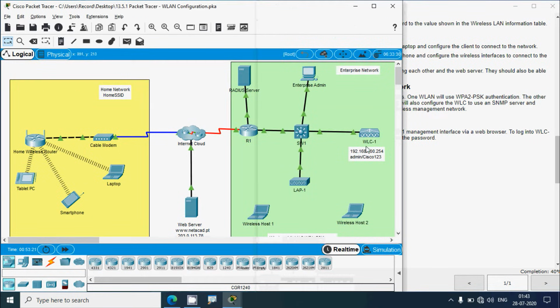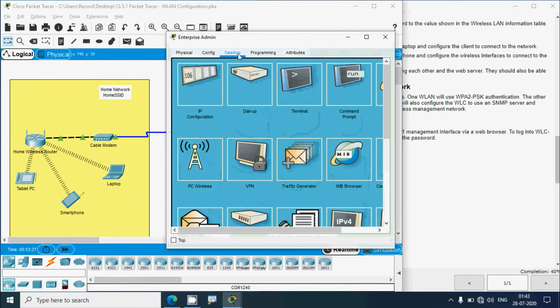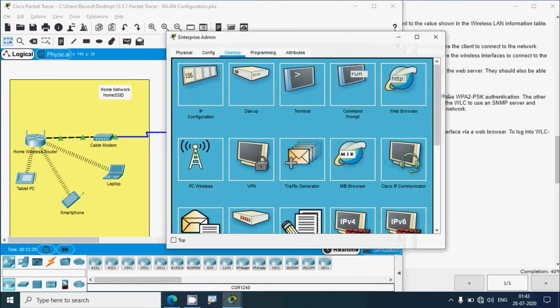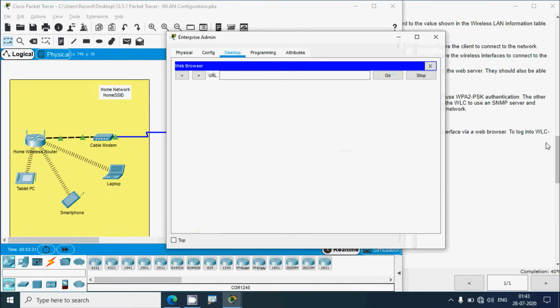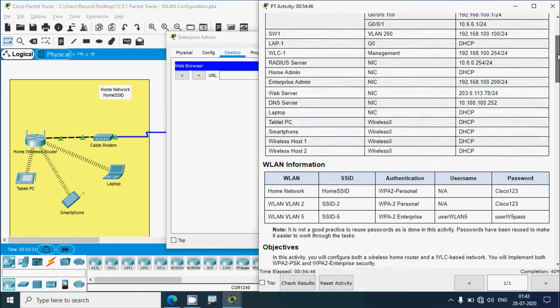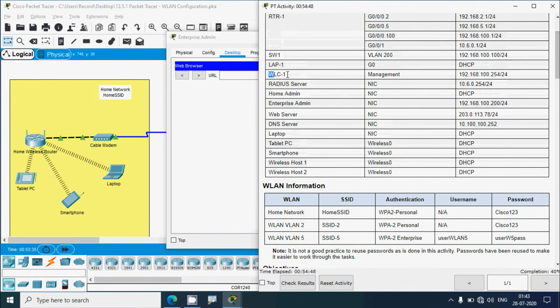Here we are going to access this WLC-1 using this enterprise admin PC. We'll go to desktop, then we will use its web browser. Then we have to get this WLC management IP address. Here we can see that. I will copy this address